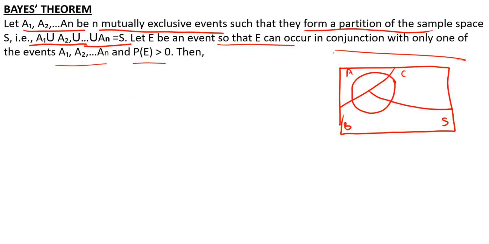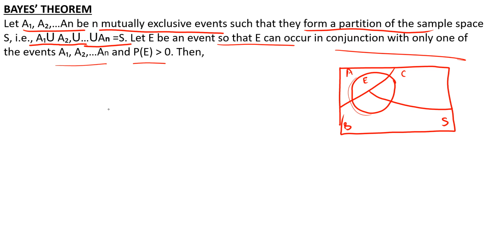We are saying that E can occur in conjunction with only one of the events. If it is occurring with A, it will not occur with B, and it will not occur with C. So we are simply saying, let this be the event E, right? Then in this case, we are saying if this is true, then